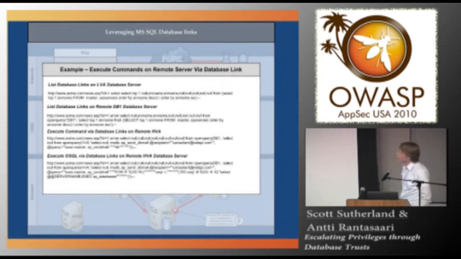Real injections, a little bit different format than earlier, but starting from the first one, we do a union select statement. So what this web application does, it returns one item from a table, so you can query one linked server at a time. So we create a union statement that selects server name from the sysservers table. And because we can get only one value at a time, we have an outer top one and an inner top one there in the select statements. When we increment the inner top 1 to top 2, top 3, top 4,